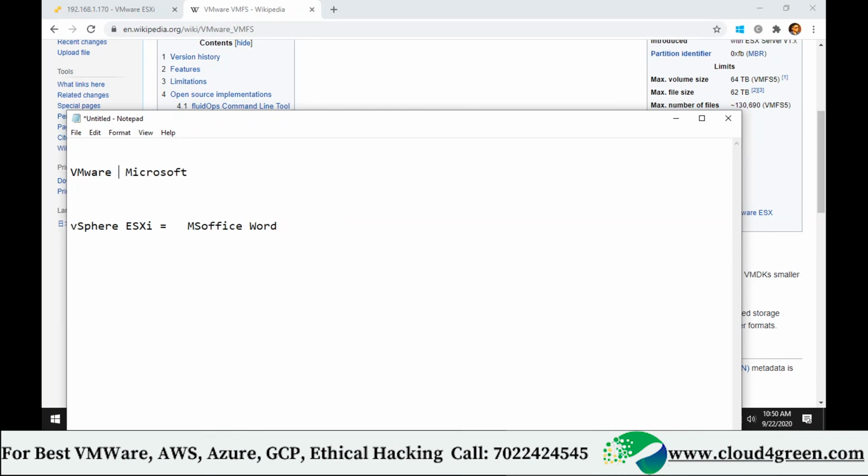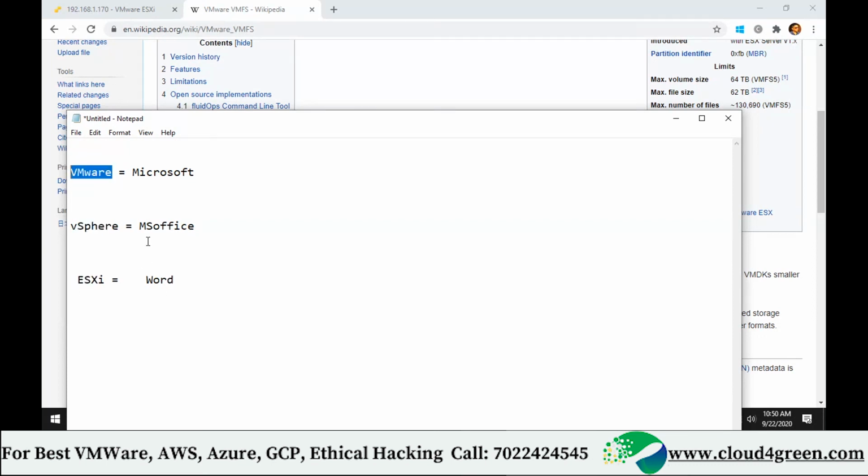Both are companies. vSphere is equal to MS Office. ESXi is equal to Word. Microsoft, MS Office, Word. VMware, vSphere, ESXi.